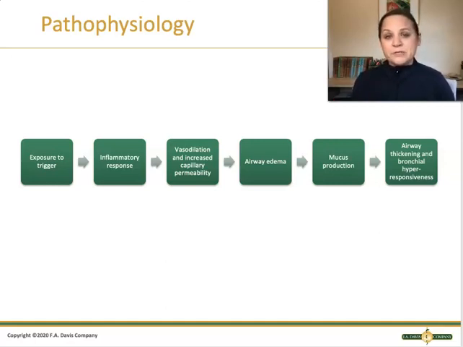That inflammatory response, as part of that, causes the capillaries and blood vessels in the lungs themselves to become dilated, larger, and leaky. And so we get edema, swelling in the lung tissue because of those leaky vessels. It's all part of the inflammatory response. In addition, we're going to have excess mucus production. So we have our airways that are clamping down because they're inflamed and they're filled up with gunk.